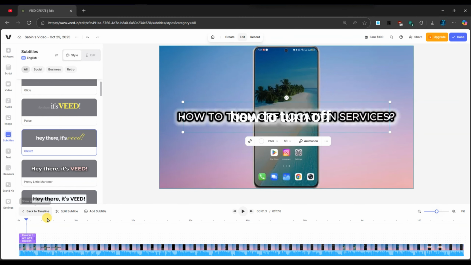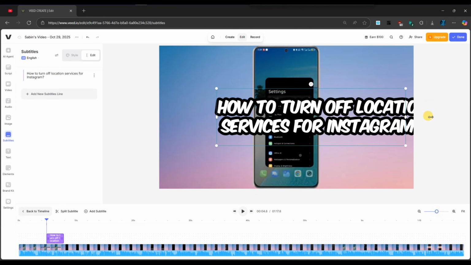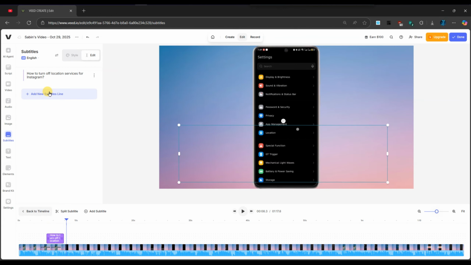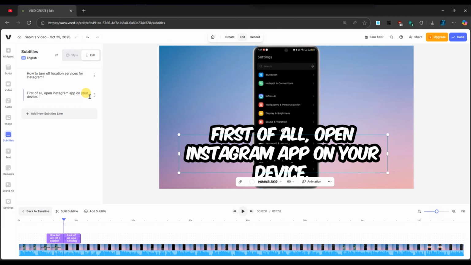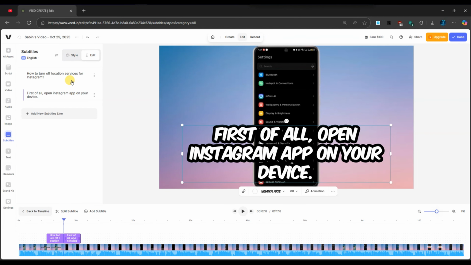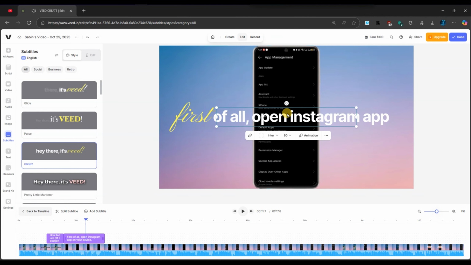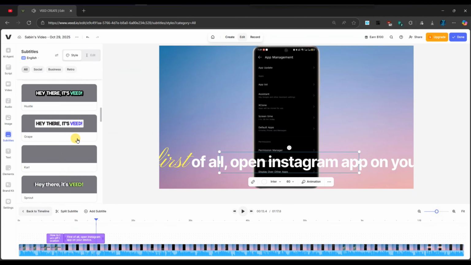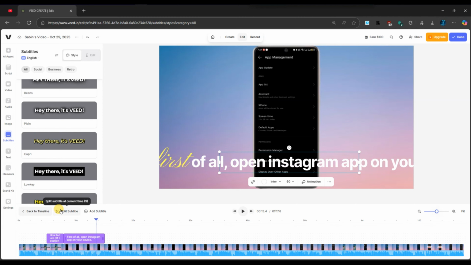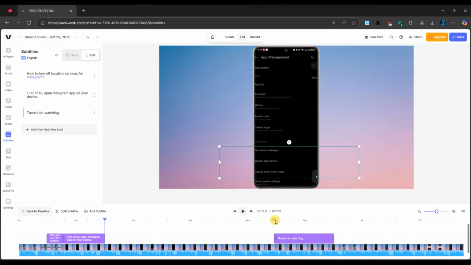when needed. Veed allows you to customize the font, size, color, and position of each subtitle, giving your video a professional look. You can also add multiple subtitle entries, edit existing ones, or delete sections that aren't needed. This manual method is perfect for creators who want precise control over captions or need to correct errors from automatic subtitles. Once you have finished adding and editing subtitles, continue enhancing your video with text, titles, transitions, or music, then